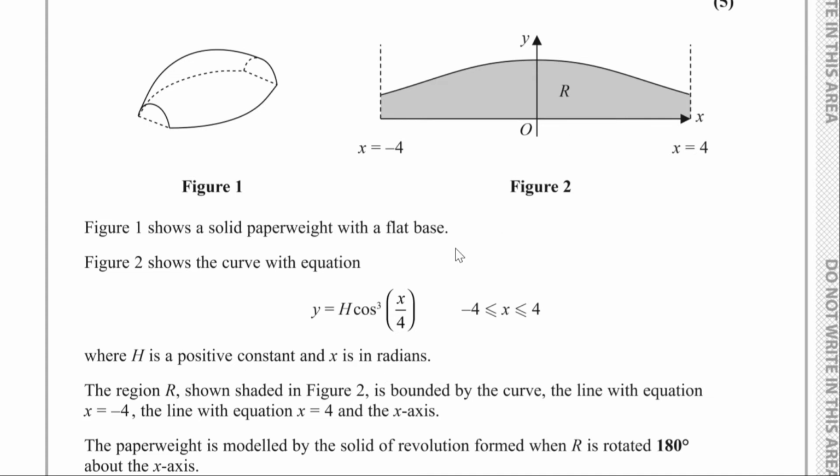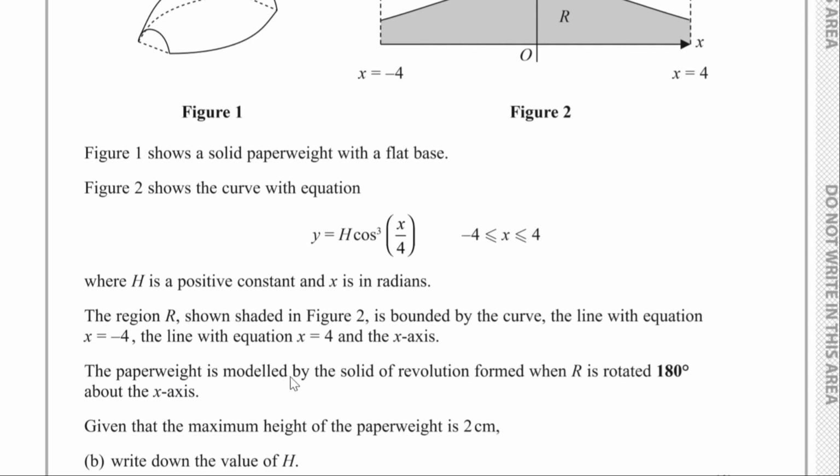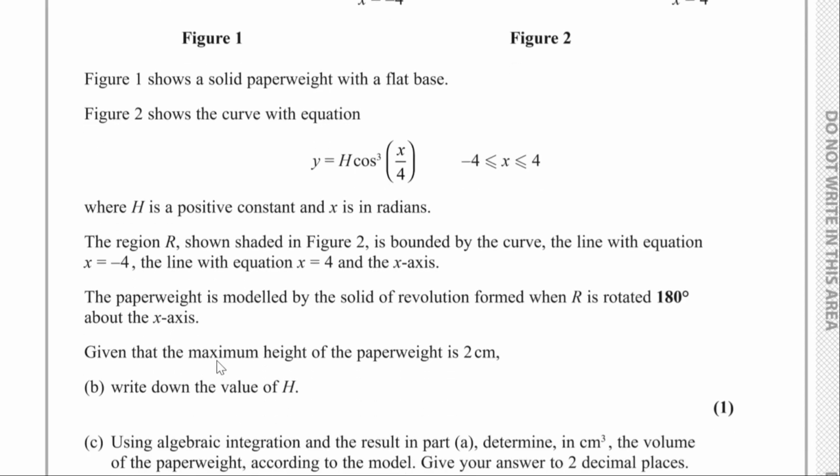The region R, shown shaded in figure 2, is bounded by the curve, the line x equals minus 4, the line x equals 4, and the x-axis. The paperweight is modelled by the solid of revolution formed when R is rotated 180 degrees about the x-axis, and given that the maximum height of the paperweight is 2 centimeters, we have to write down the value